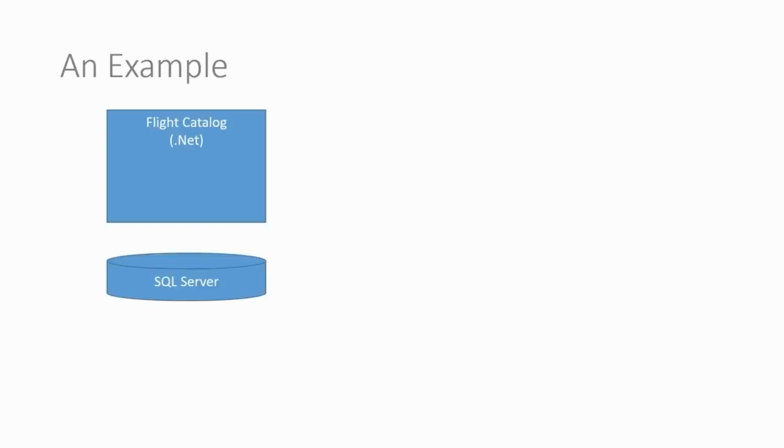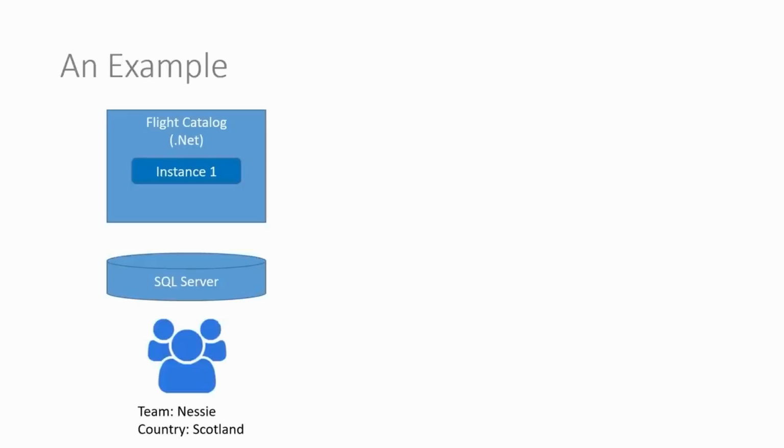All right, so let's come on to an example of a relatively simple microservices application that talks to some of the concepts that we've just mentioned. So let's say we have an airline and an airline has decided to go with a microservices architecture. You could split your application up as follows. You could have a flight catalog service. So that's the service that contains all the flights that people can book. And let's say, for example, in this example, it's written in .NET with a SQL Server database. And we have, in this case, one running instance of that service.